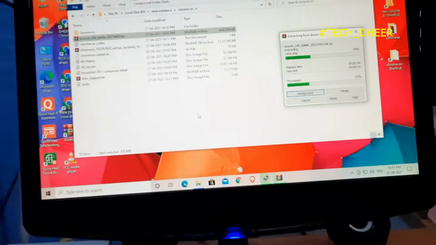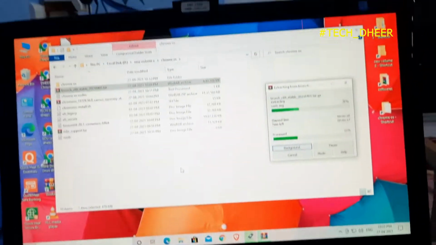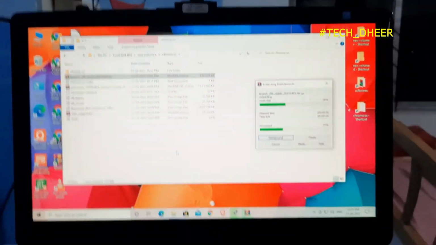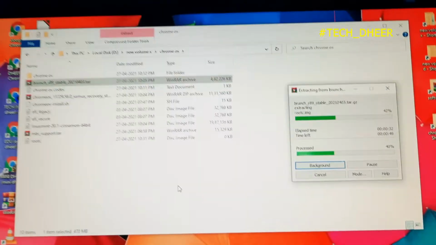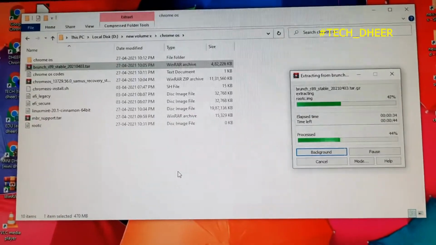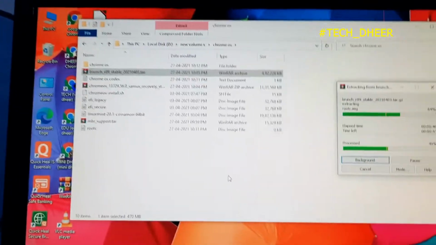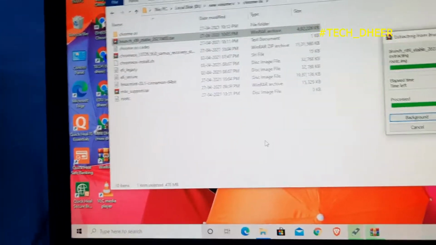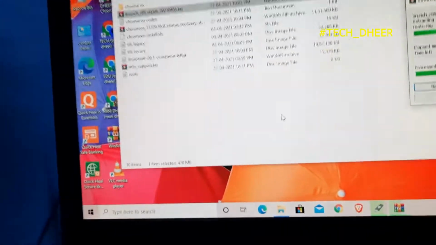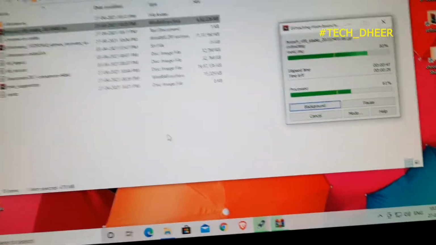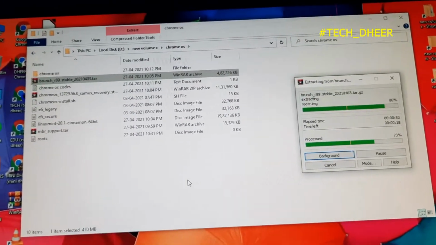There are two frequent errors coming in Chrome OS after installation. The first error is Play Store not working. In some devices like my laptop, when we just start the PC, Play Store won't turn on.